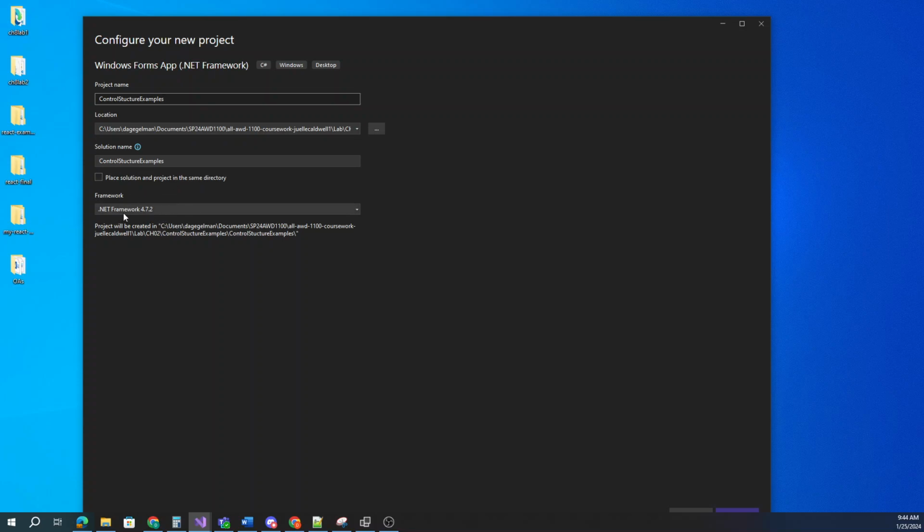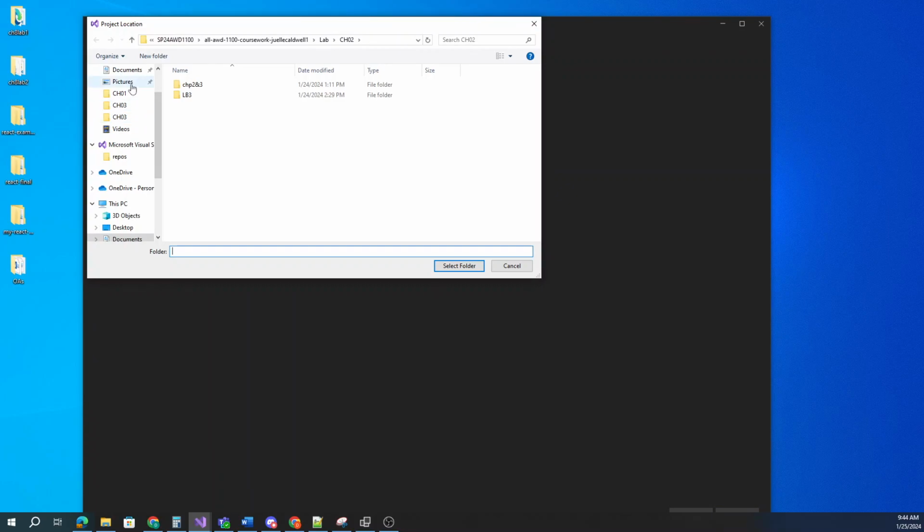I'm using .NET Framework 4.7.2. There's 4.8 down there. We're using 4.7.2. I'm just going to keep calling it control structure examples for my solution name, and I'm going